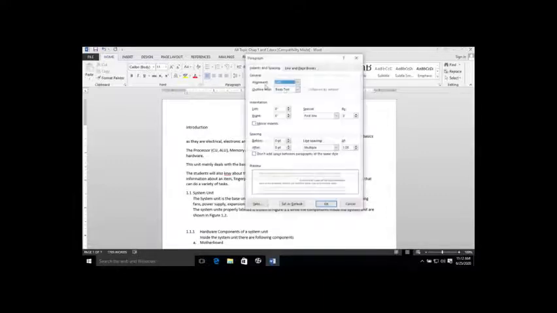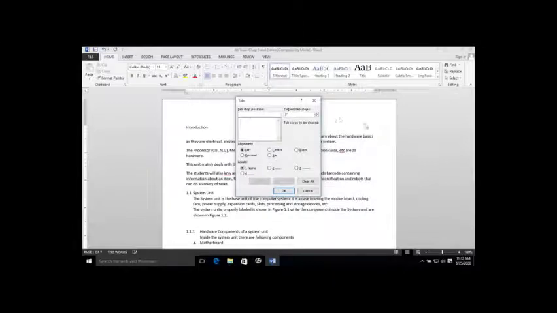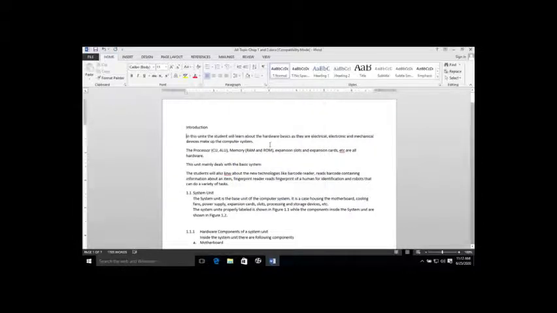Then click on it again and decrease the tab stop position to what it was in the beginning, 0.5 inches. Click OK. So now press the tab and you will see that it makes a space of 0.5 inch. So this is how you can use the tab to line up information in different ways.